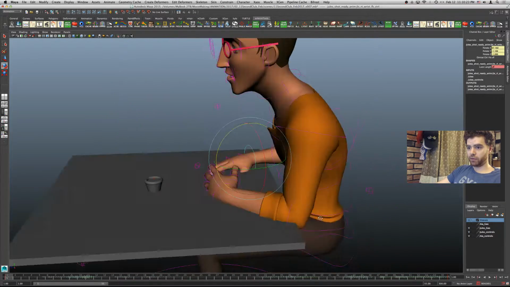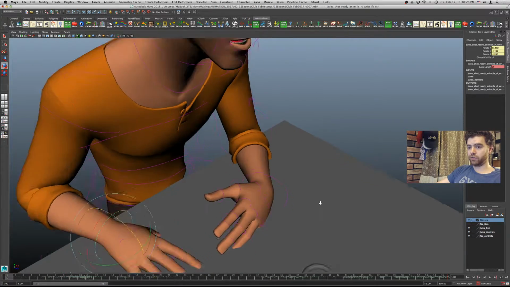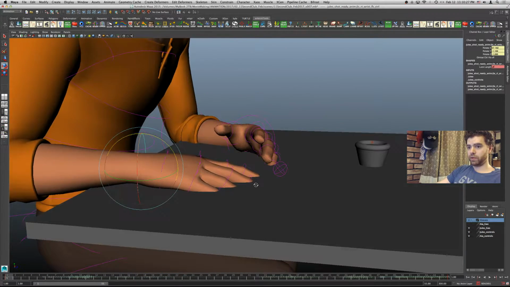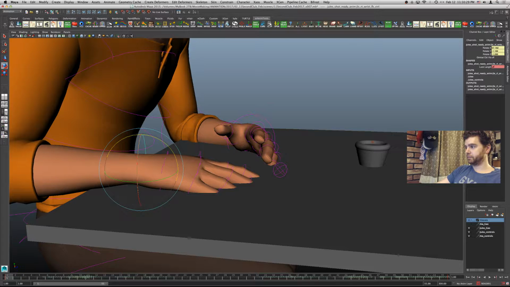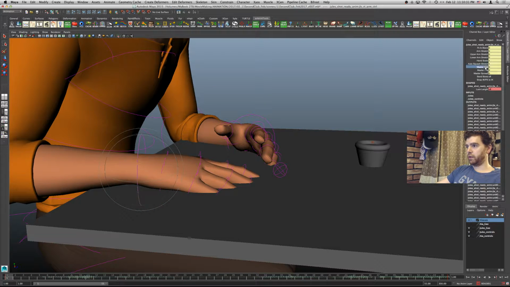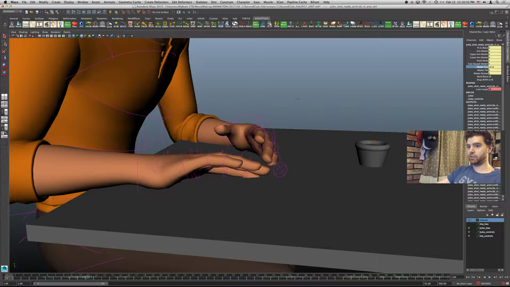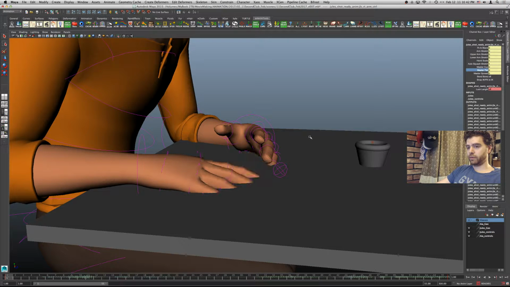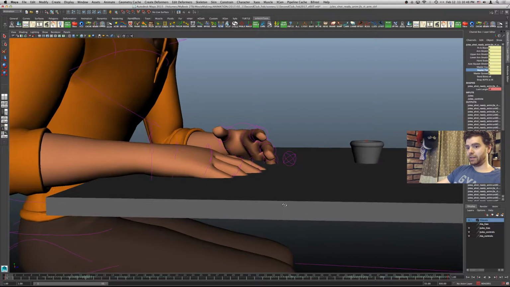And what I ended up doing with her, I don't know if you're familiar with these rigs or how character rigs are sometimes done, is that over here I have master controls for a master cupping feature, a master fist feature, and so forth. What I ended up doing when I animated her shot is I didn't use those.